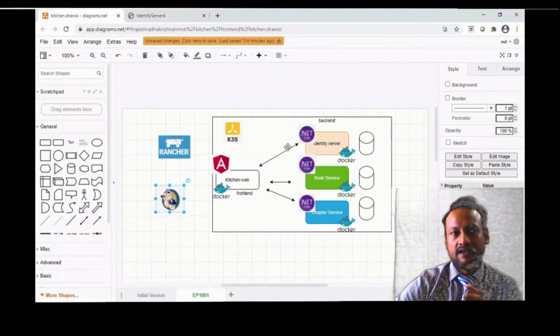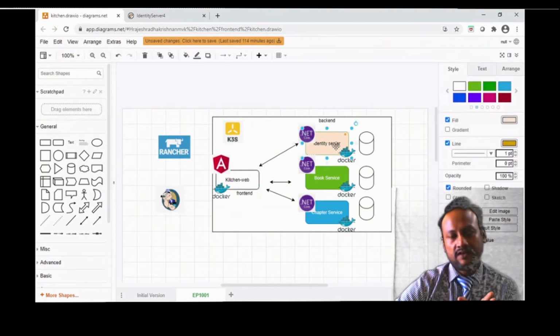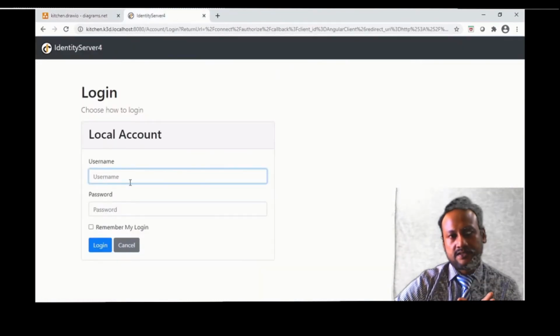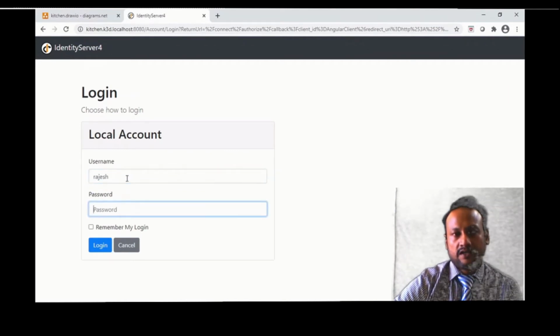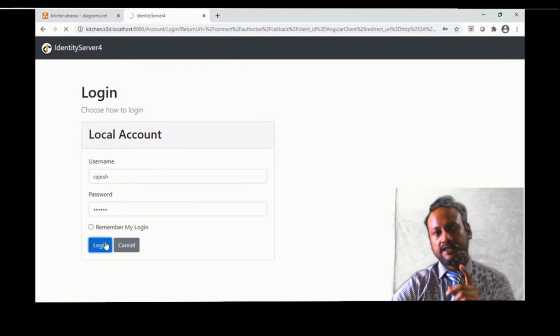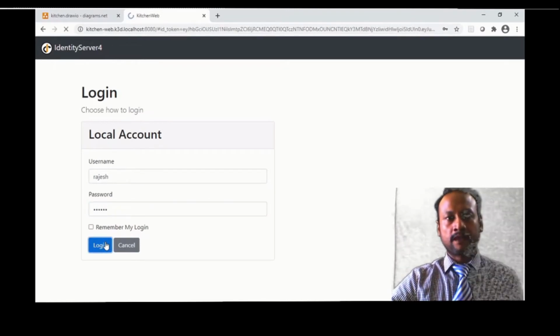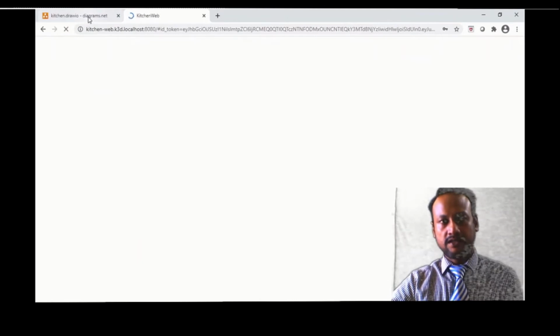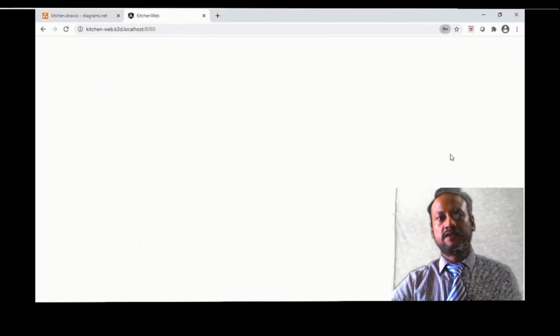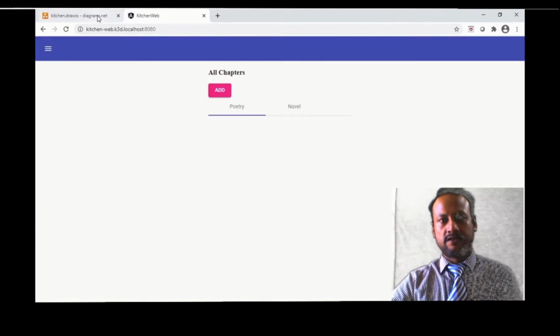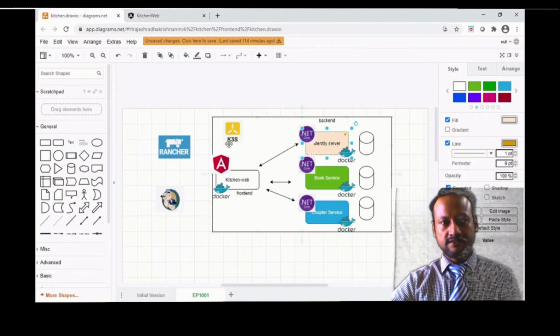I have written very minimal code for this, and comparing with our diagram, I have some users configured. You log in. Now when you log in, the identity server issues a token back, and using that token it contacts the book service and the chapter service. I have logged in successfully.